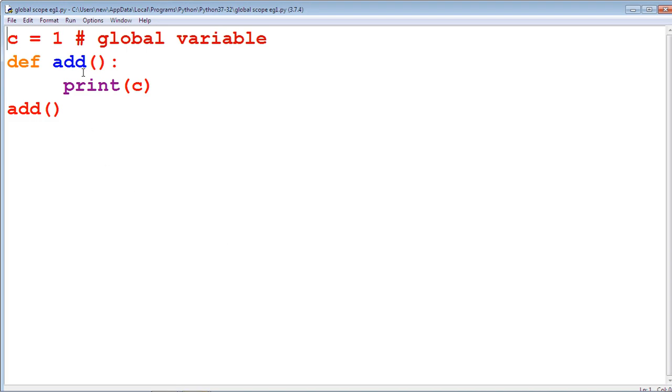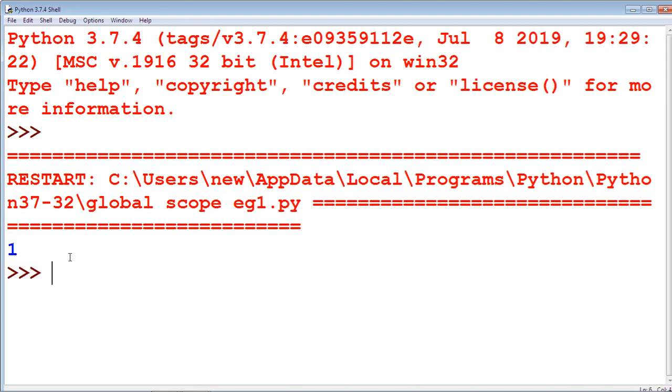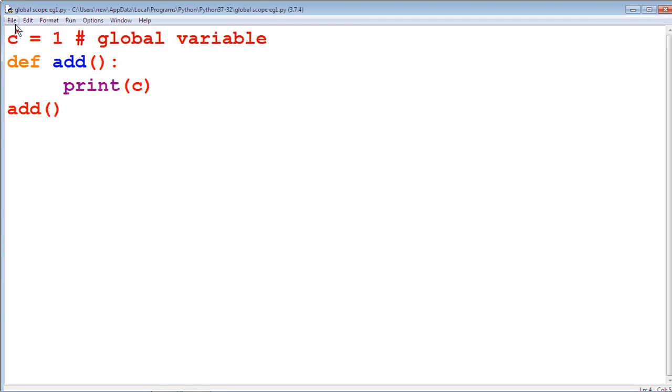C equal to 1, def add, print c, calling the function add. So the answer is 1. Run module, we get the value 1.